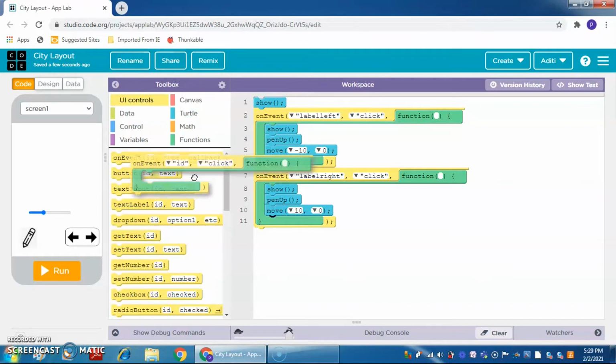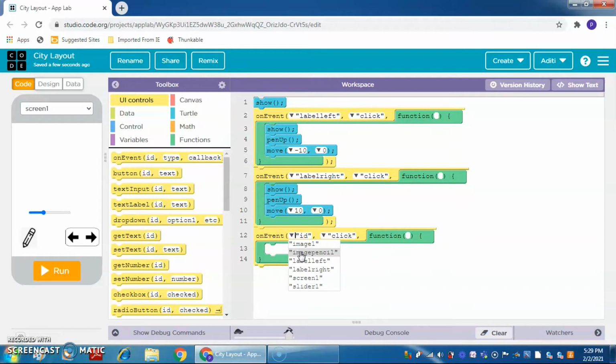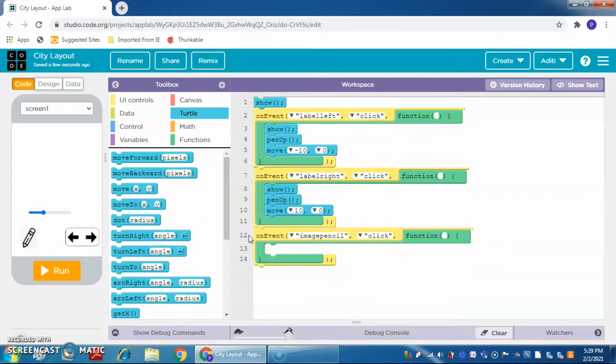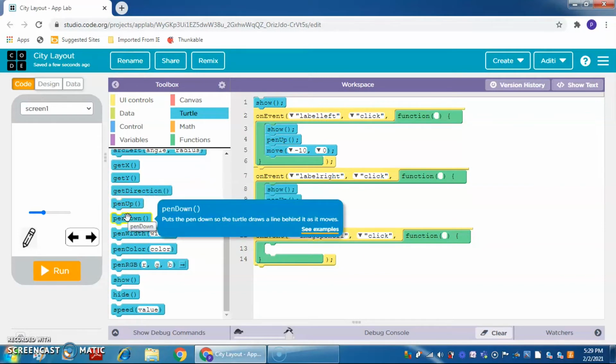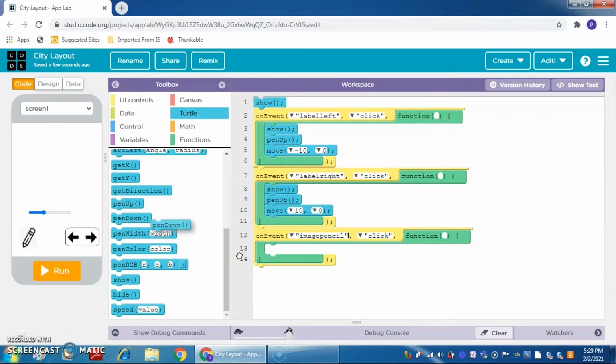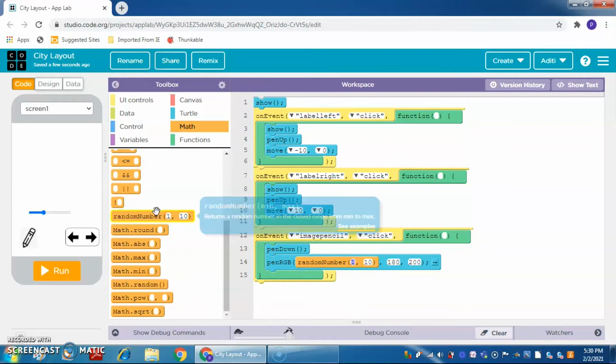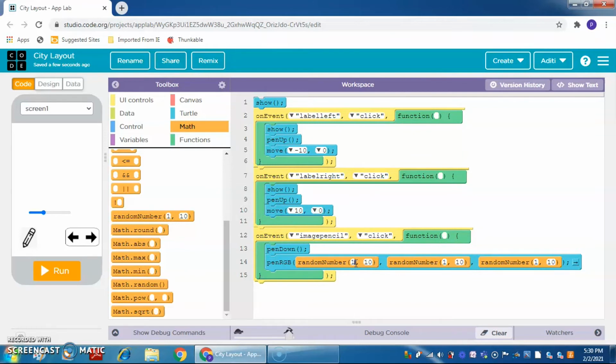If we click the image pencil, what happens? Again go to turtles and take pen down, not pen up, because when the pencil is clicked, the turtle should draw. Then we will select pen RGB, then go to maths and in each put a random number block, and the value should be 10 and 100 in each.